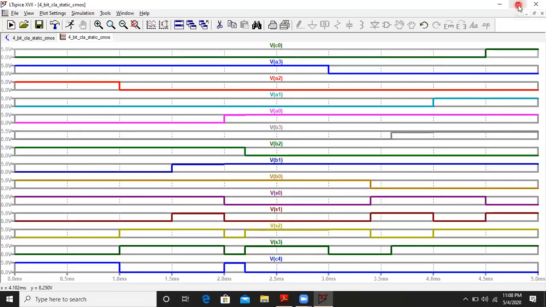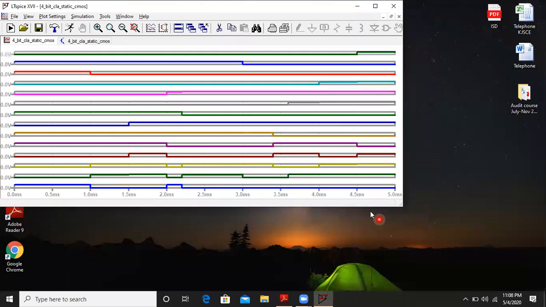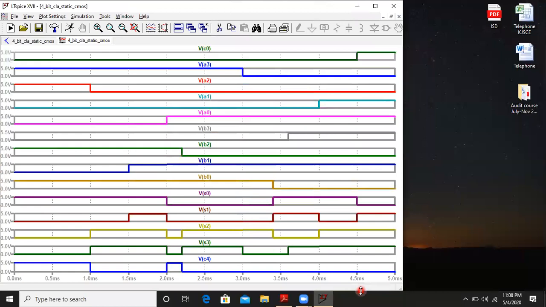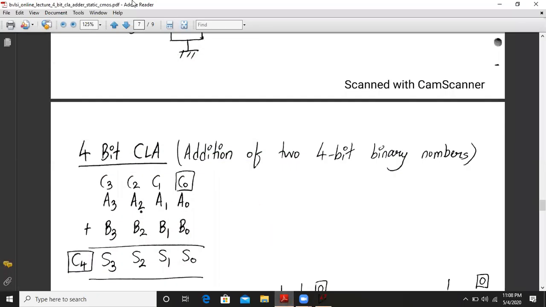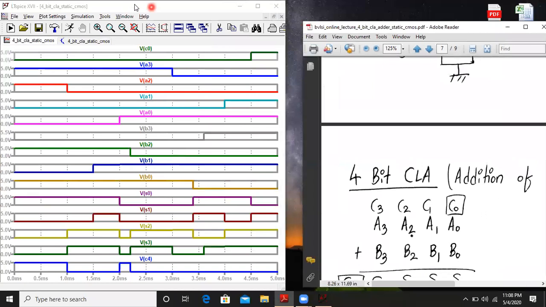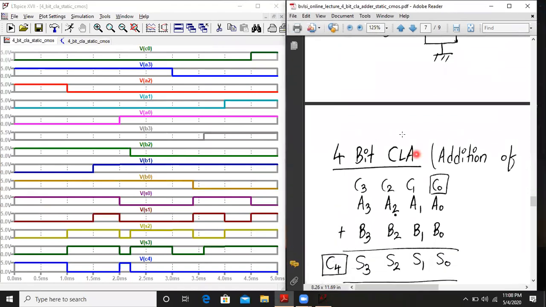I have to adjust this a little to the screen so that I can verify this using some numbers. I think this much is okay. Let me keep this window also open so that I can verify time and again whatever we are doing over here.